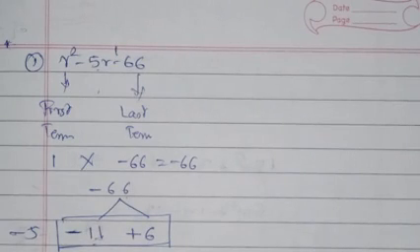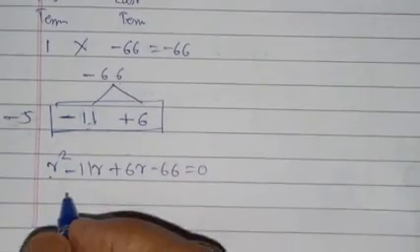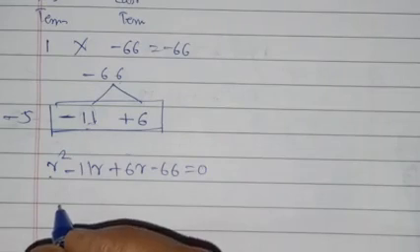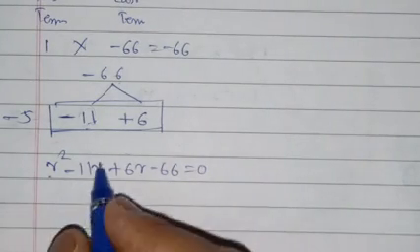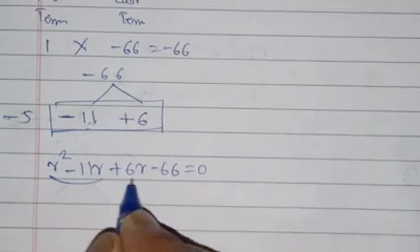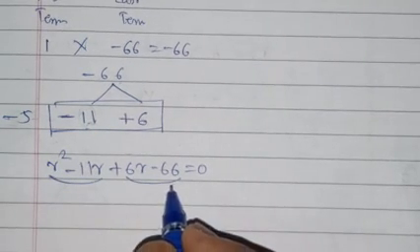Okay, so now you can write here. I think you are not able to see this. Now you are here to get it. So this is what we get. Okay, so these are the first terms since we are going to factorize.